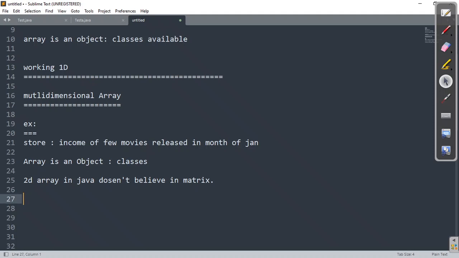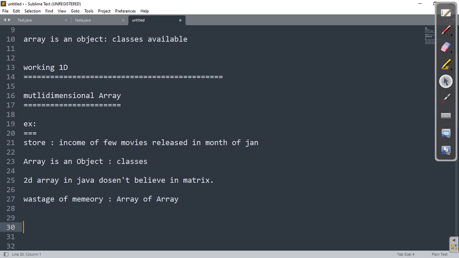Remember, to overcome this wastage of memory, Java introduces a concept called array of array, right? So no more matrix representation. Now there is a concept called array of array. All the multi-dimension arrays, if we require, are not represented in a matrix format like m cross n cross something. No, it is always in a concept called array of arrays. We'll look into that, don't worry.